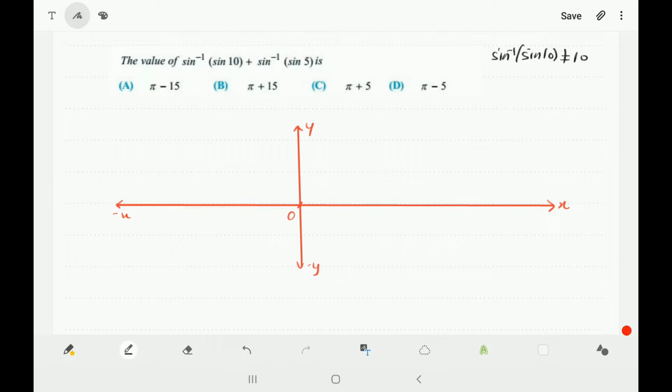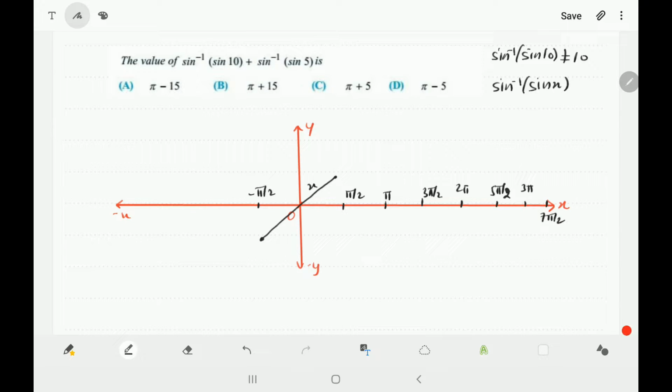So what we have to do is check the graph of sine inverse of sine x, and from there we will see the output. You already know how to draw that graph. From minus pi by 2 to pi by 2, because it is its principal value branch, this function opens up as x. Then mark pi, 3 pi by 2, 2 pi, 5 pi by 2. You have to draw till 7 pi by 2, because 10 is ahead of 3 pi, so this will be 3 pi, and then there will be 7 pi by 2 here.